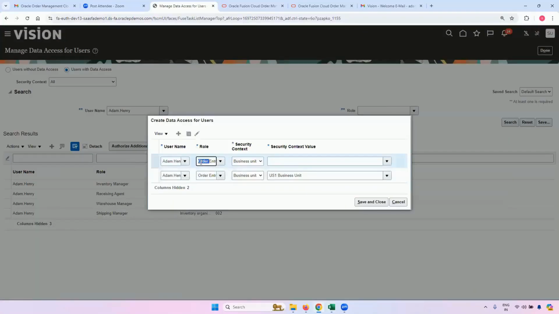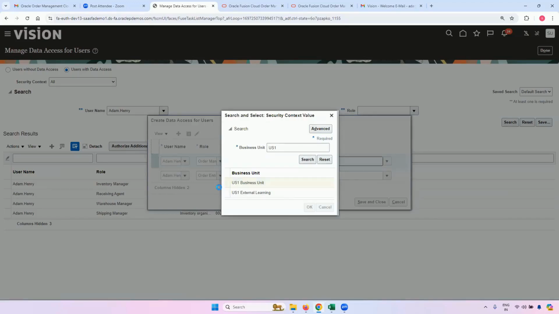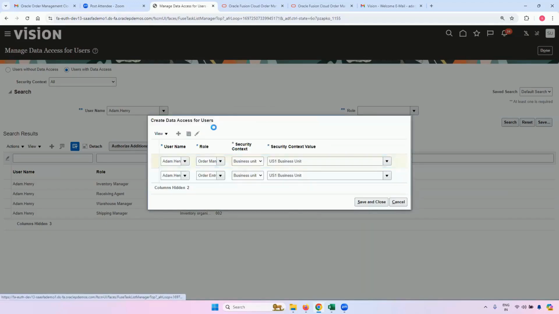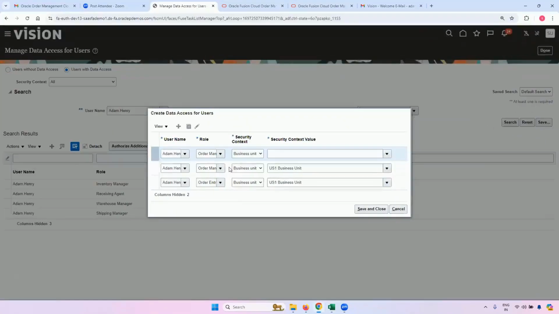Okay. US1, duplicate it. Now the order administrator. Yes, order administrator.